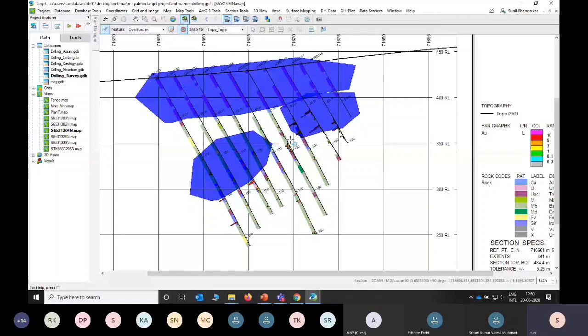You can differentiate. Only thing is that you need to create one model with respect to lithological data and one model with respect to your mineralization, whether it is manganese or iron. That kind of thing you can do here. Only thing is that you have to go with different processes.